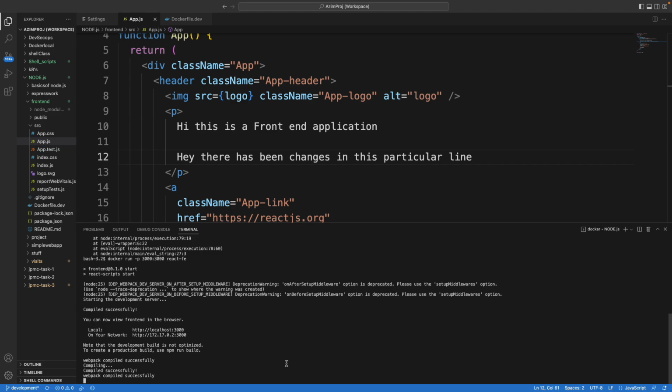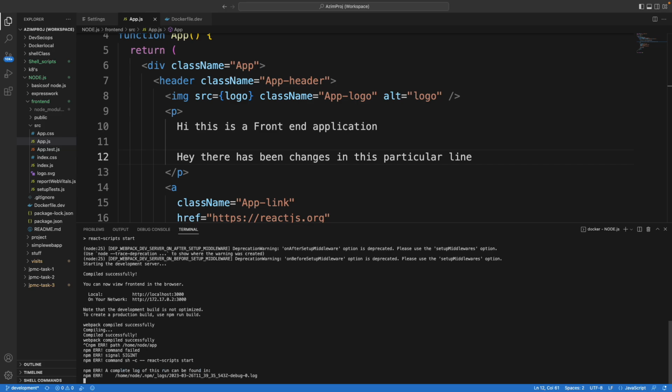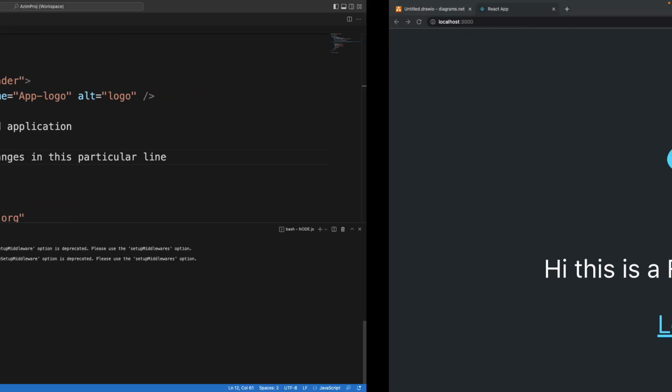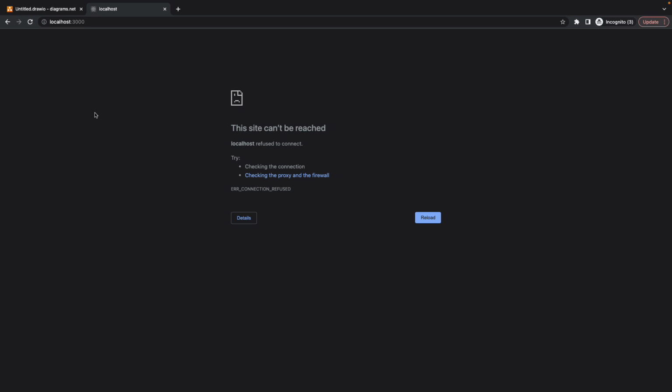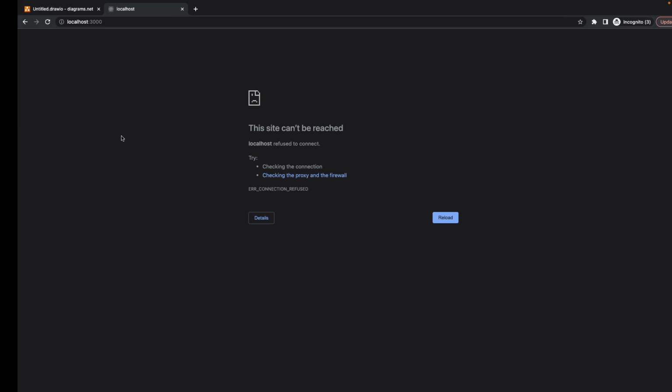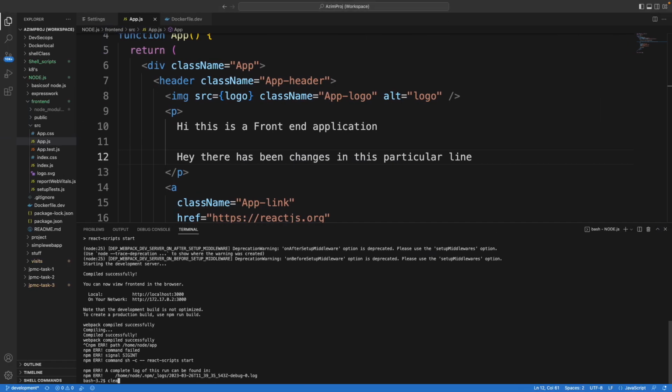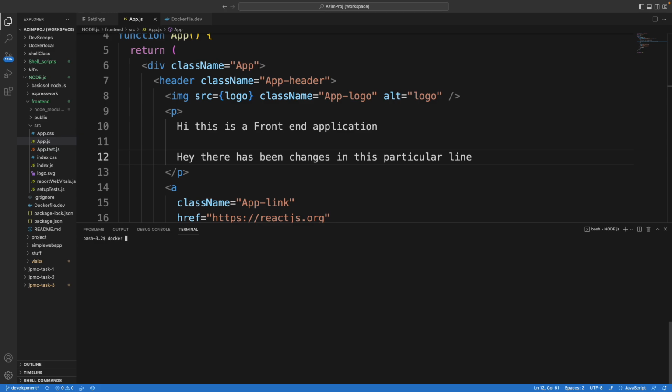Let me stop this container. Okay, the container has been stopped. Now the container is not running, so you cannot see any application on the localhost 3000 port. So the command used is docker run -p 3000 to the browser's port number and to the container's port number,